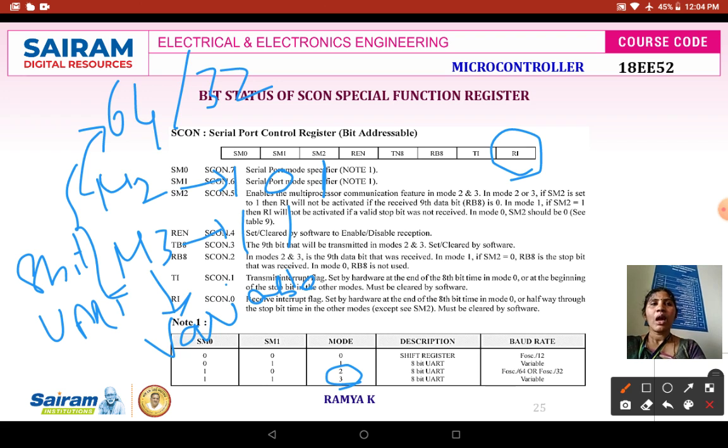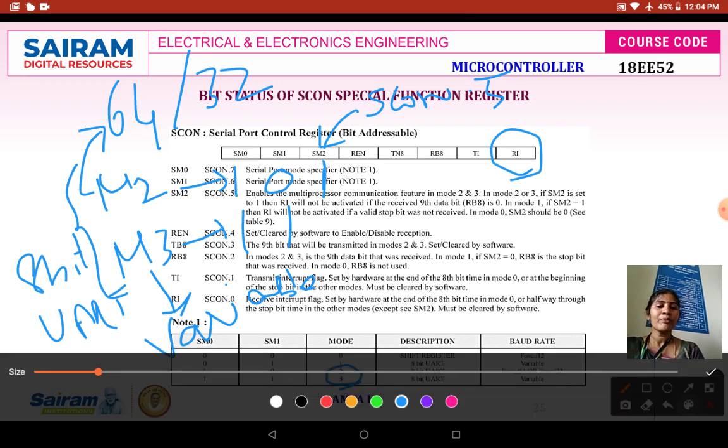So this SM2 in the SCON, this is nothing but SCON.5. This SCON.5 will enable a microprocessor communication between mode 2 and mode 3.